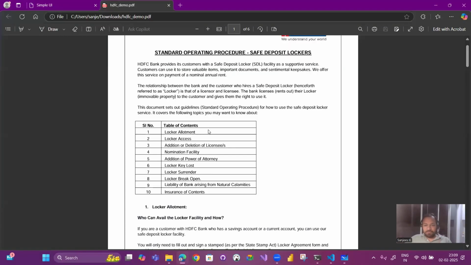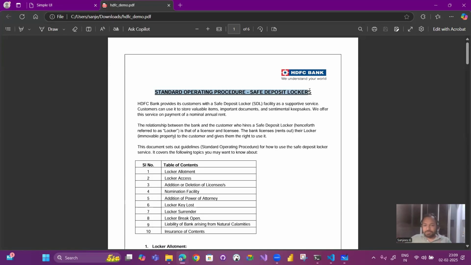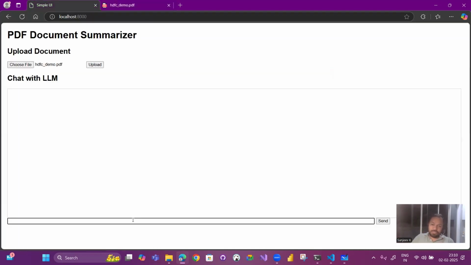If you see, we have some headings like standard operating procedure, safe deposit lockers. I'll just look for safe deposit lockers, and I'll ask the LLM, what is the SOP for safe deposit lockers, and I'm gonna send it.